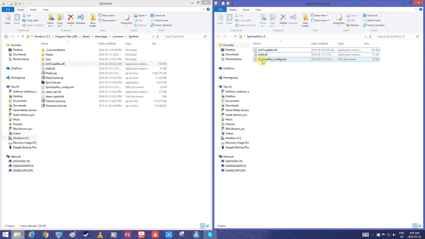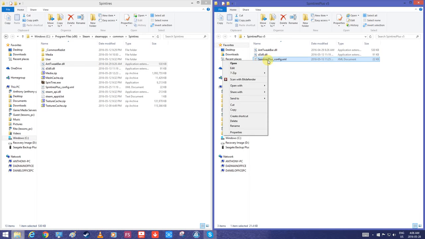I'm going to show you now how to edit this, because I usually tell my friends to edit it because there's a couple things in here that you're going to want to change. So in order to edit this, you're going to right click it. As you see here, I have the option to edit it, and that's what I usually click, but I've had some friends tell me that this option isn't here, and that's because Notepad is not their default program, or this file doesn't have a default program. So in order to open it, if you have that situation, just go down here to open with and click Notepad. If that is not here, then click on choose default program